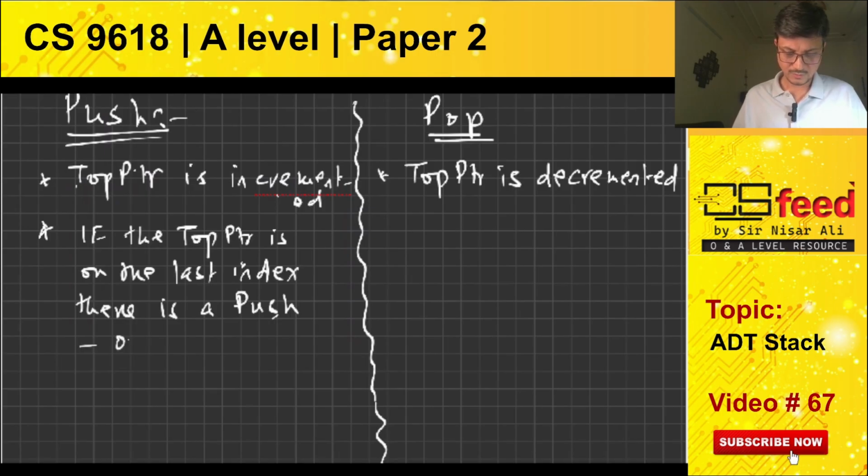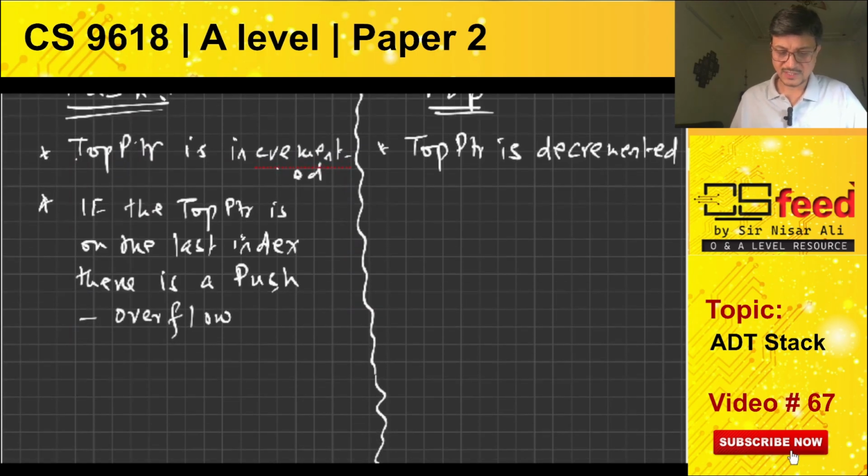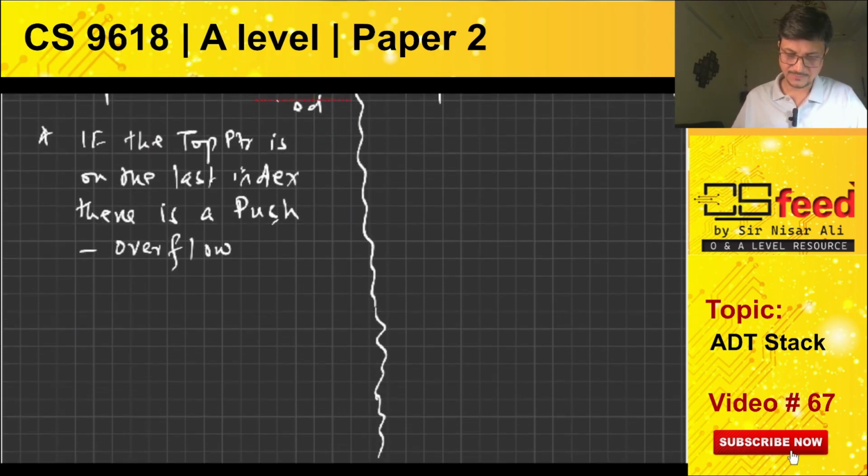It will overflow, because it means that there is no space in the stack. Okay, so if the top pointer is on the last index and there is a push, this means